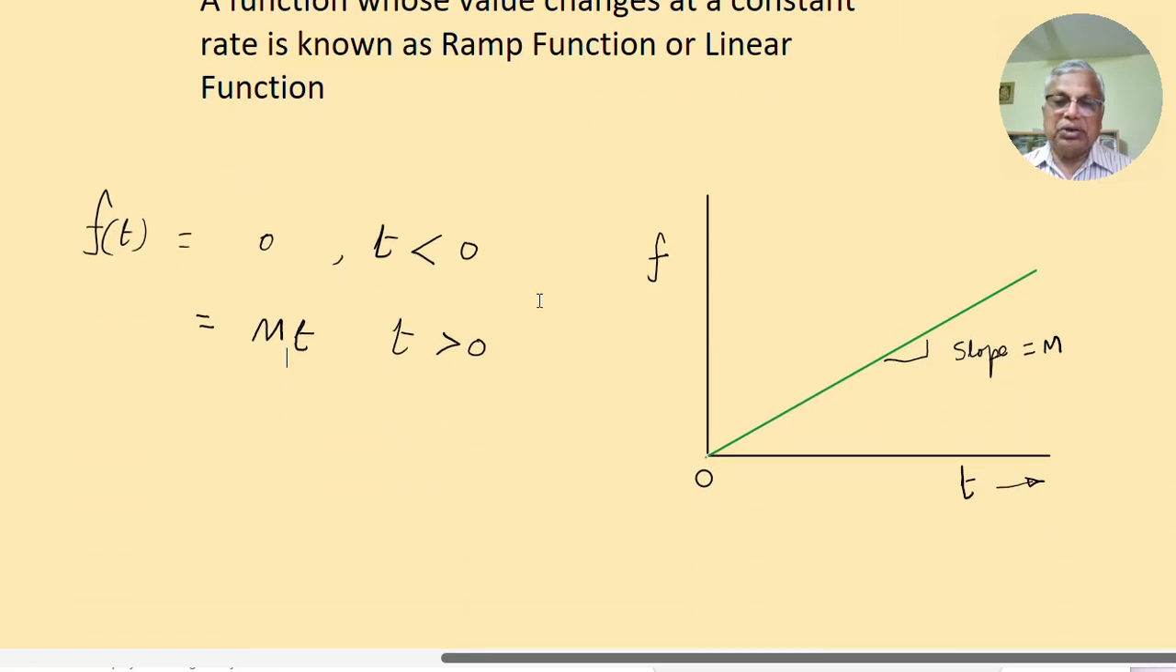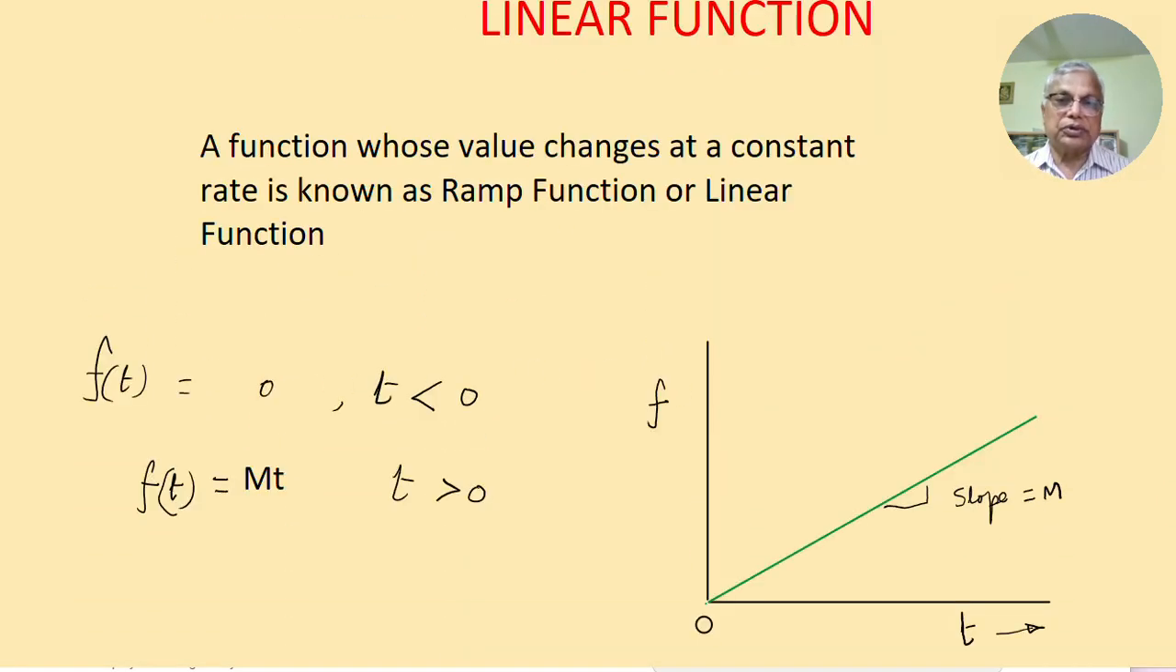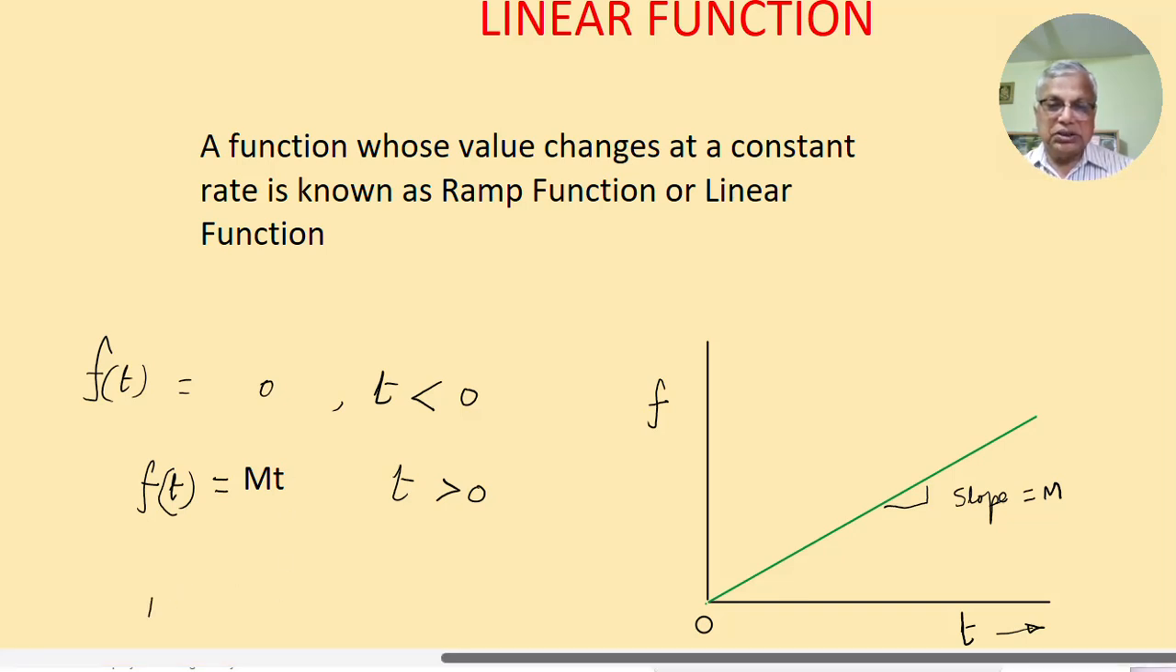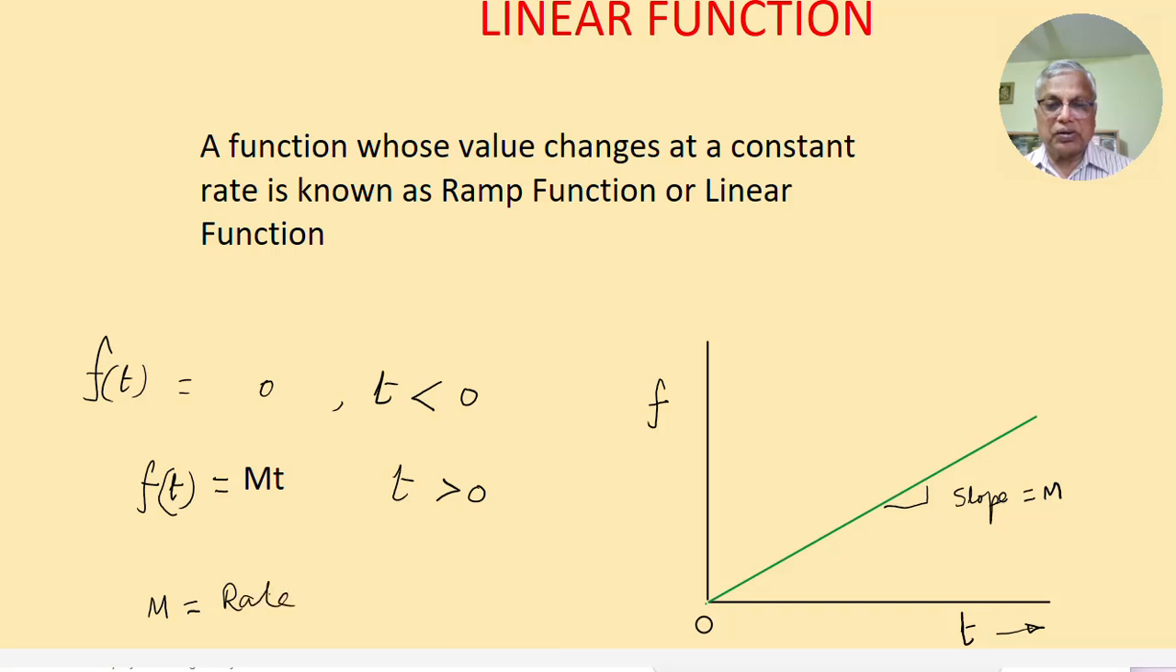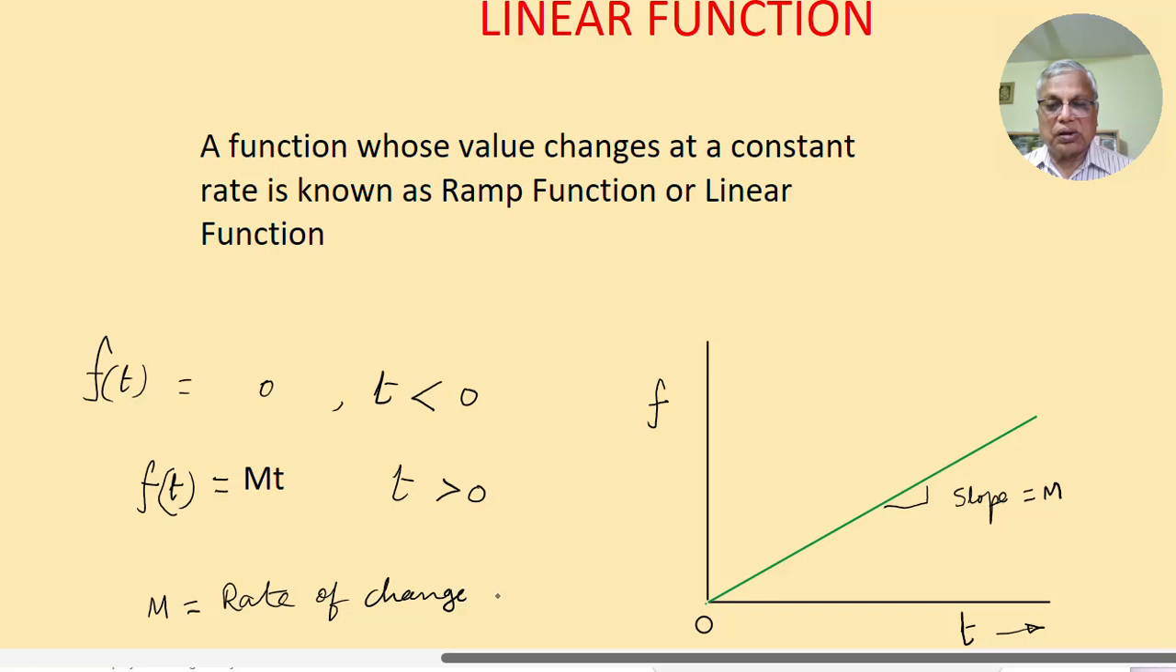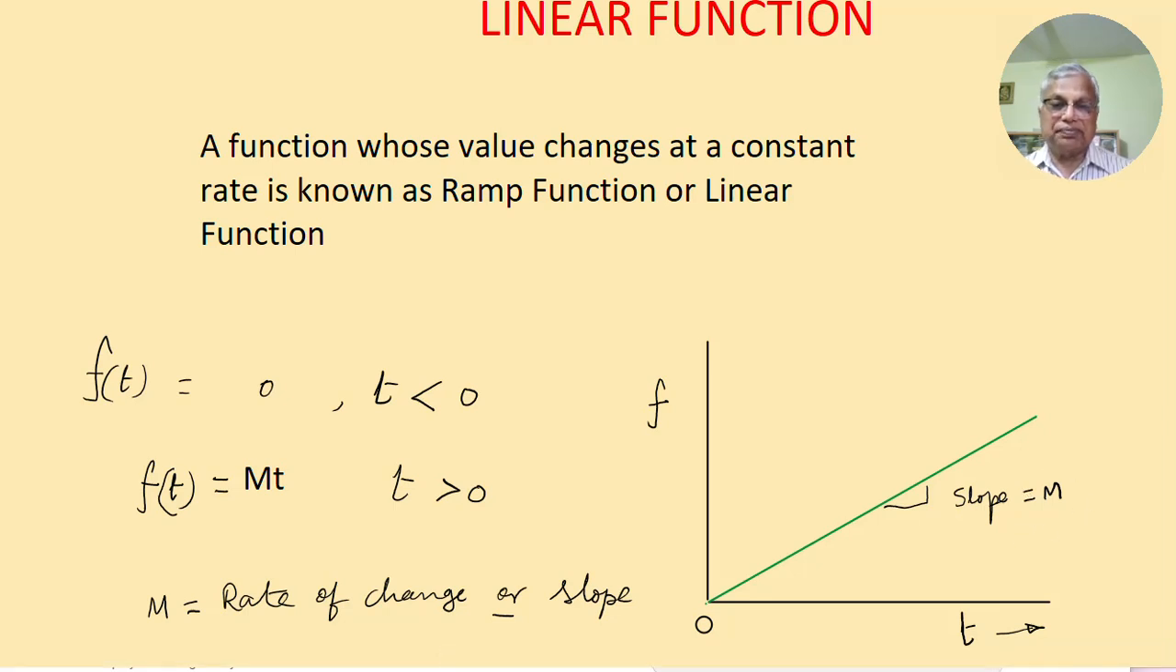f of t equal to m into t. Simple equation, f of t equal to m into t, and m represents the rate of change or the slope in the figure. M is the rate of change or the slope. That is this. So this is m. So this is the equation for a ramp input,